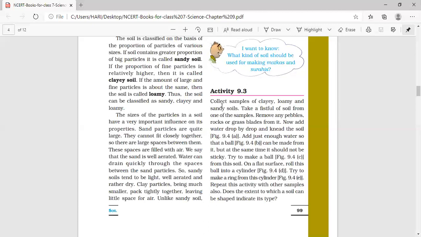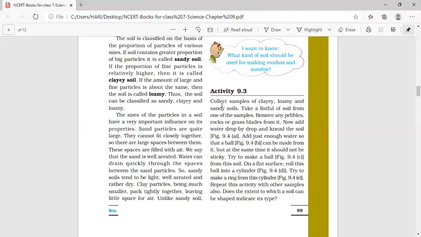Knead means mix with water. Knead the soil by adding water drop by drop. Knead the soil very well and mix the soil with water. Just like we make a dough for the chapati, in the same way mix the soil with the water. Then try to make different shapes using the soil.